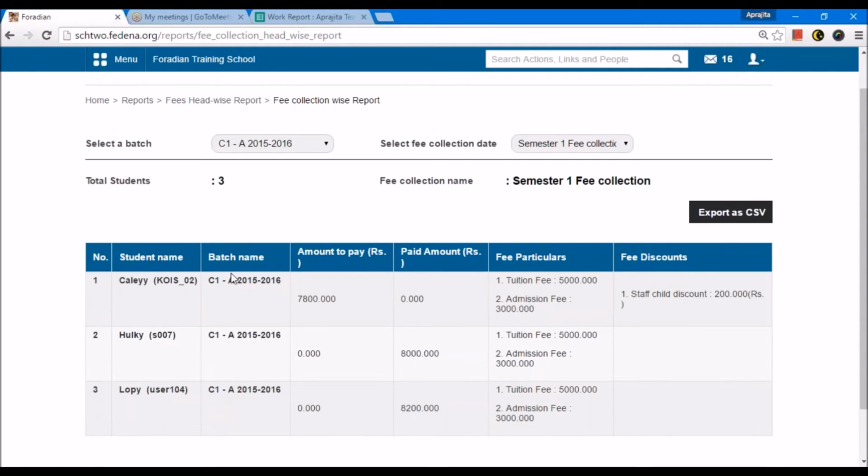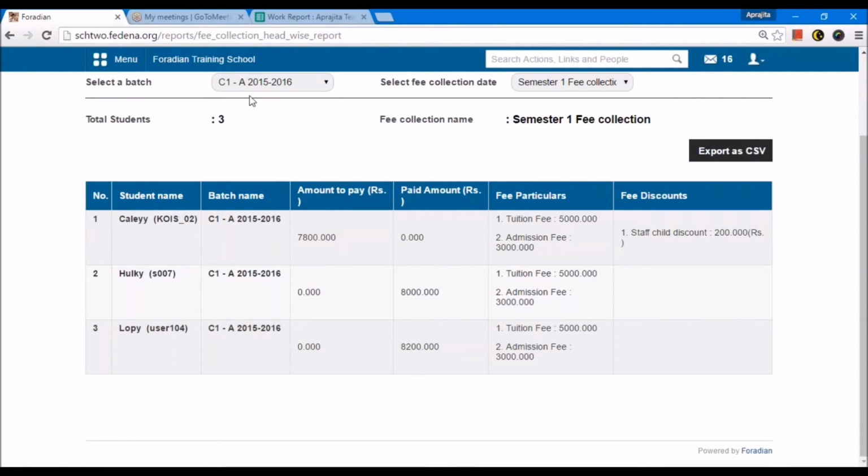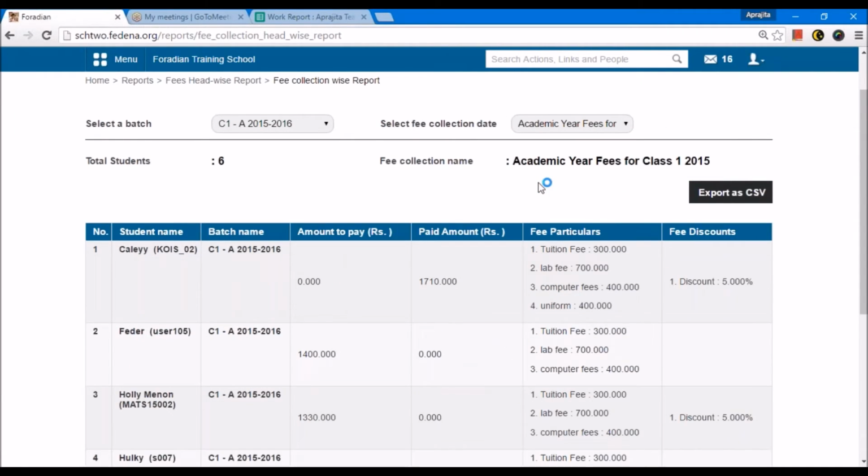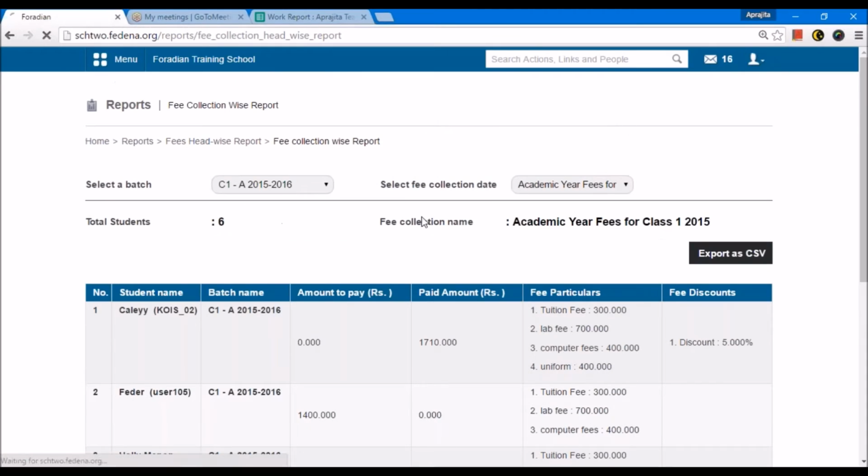And for this collection, I can check the students which are in this batch and the amount that they are yet to pay and the amount that they have paid. It can be partial amounts as well. I can get particular details for these students for this collection and also any discount if it is applicable to the student. This I can check for any collection as well. This report can again be exported into a CSV file.